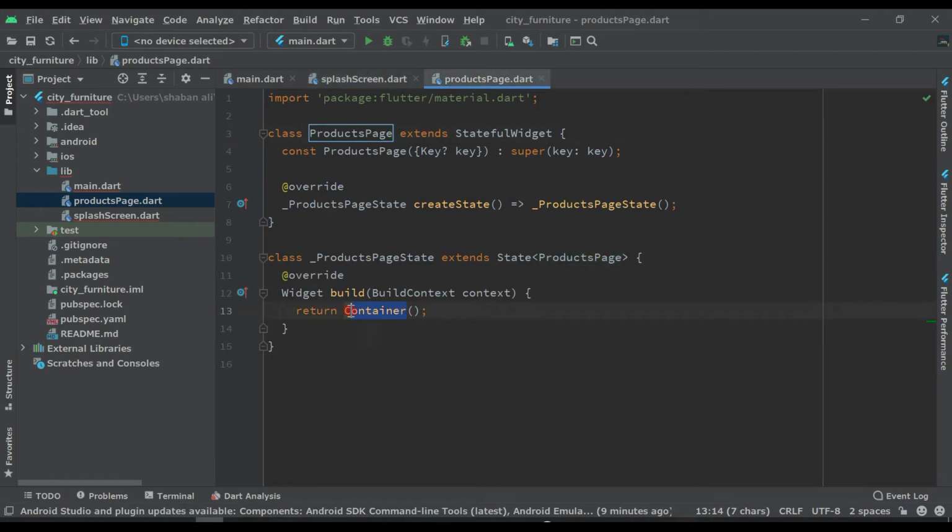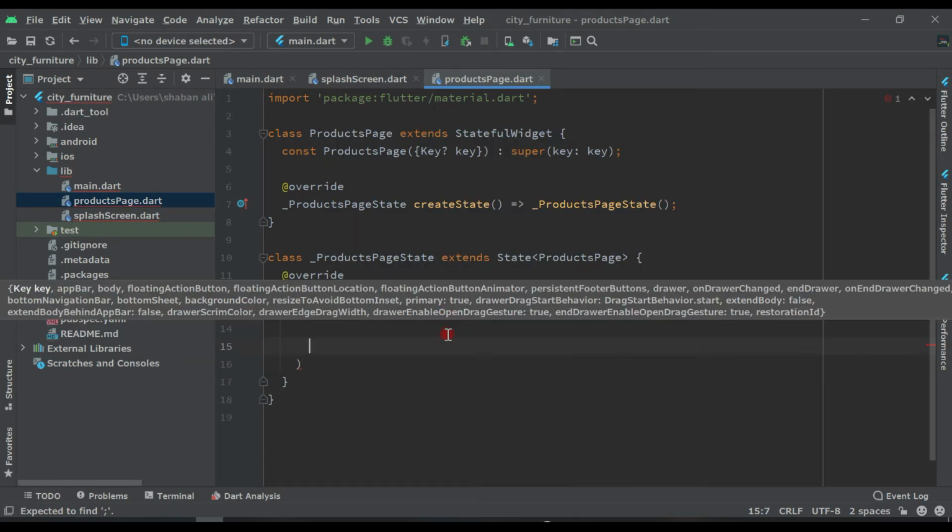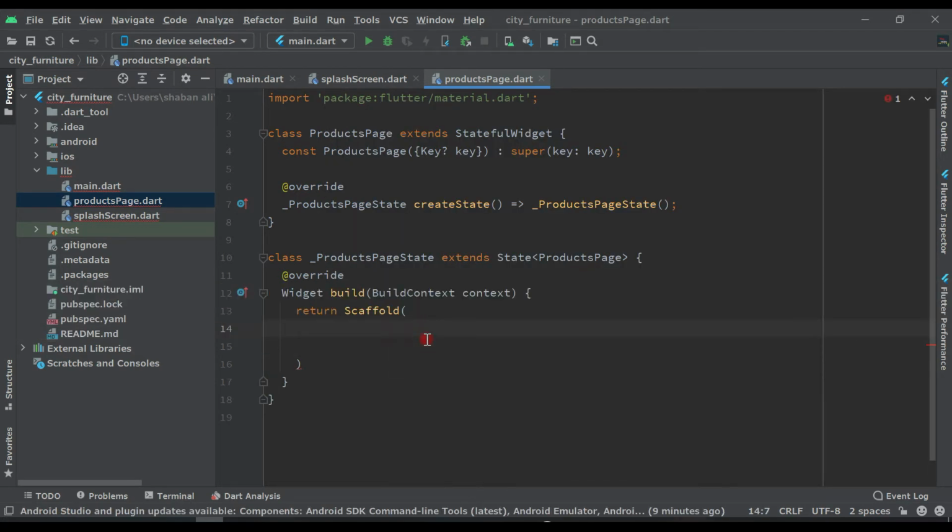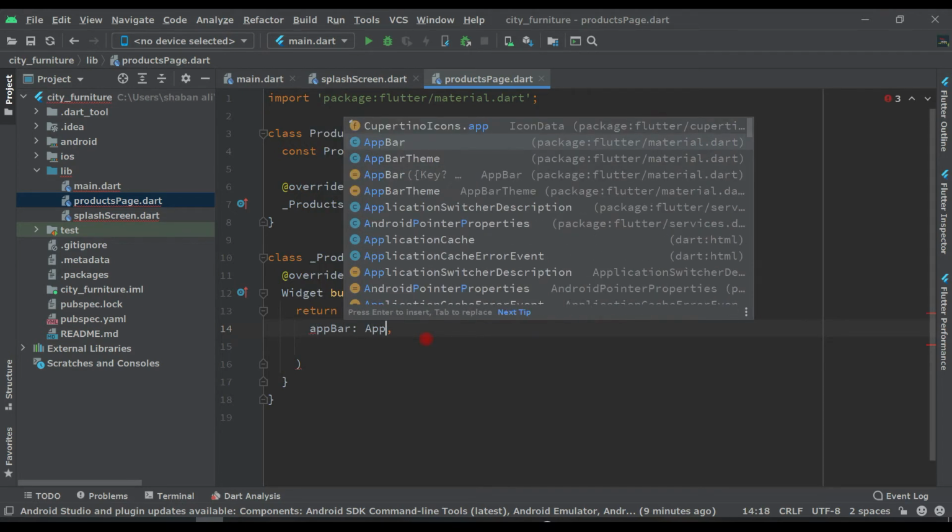And here return, let's return scaffold, because inside this widget we have app bar also. So let's give app bar. In the scaffold widget you have app bar.